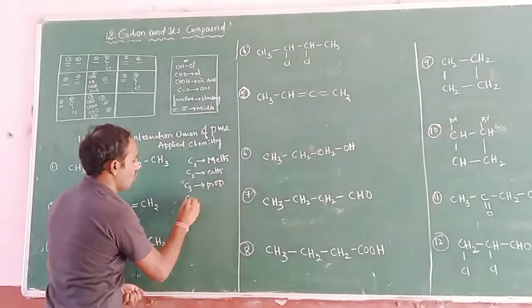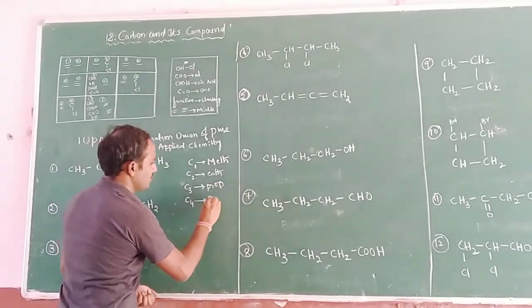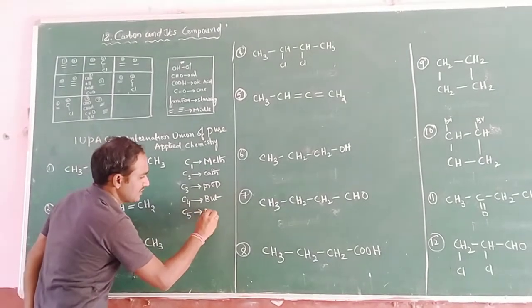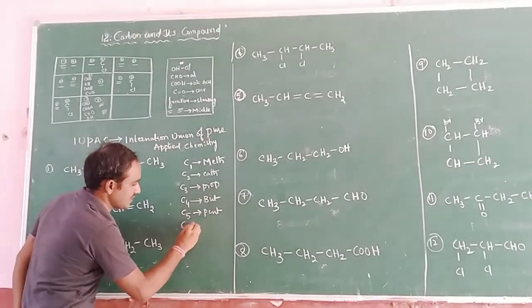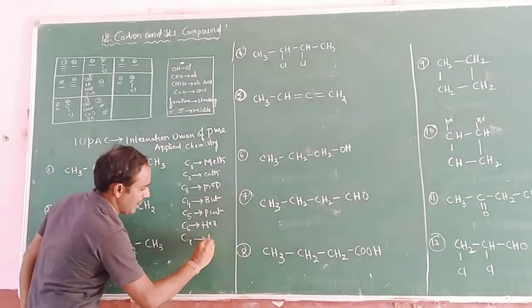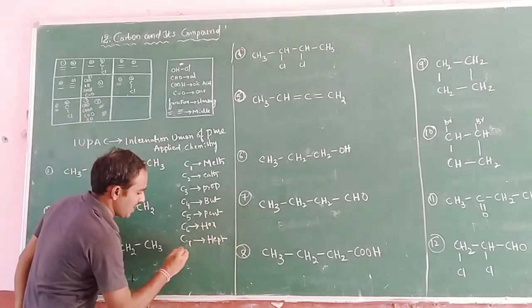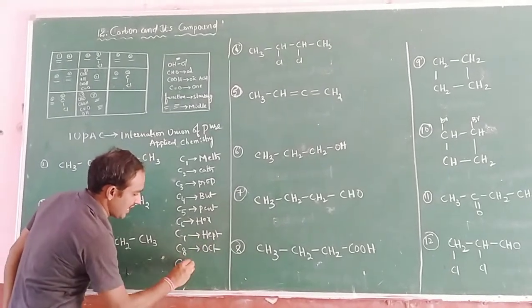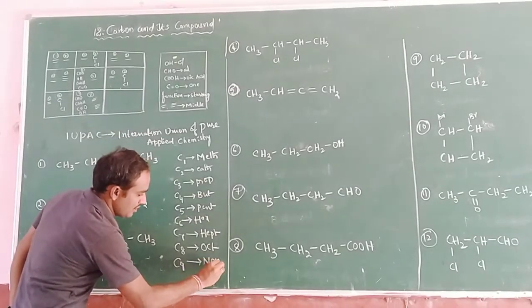Number of carbons 4 is but, and number of carbons 5, pent, and the number of carbons 6, hex, and the number of carbons 7, hept, number of carbons 8, oct, number of carbons 9, non,